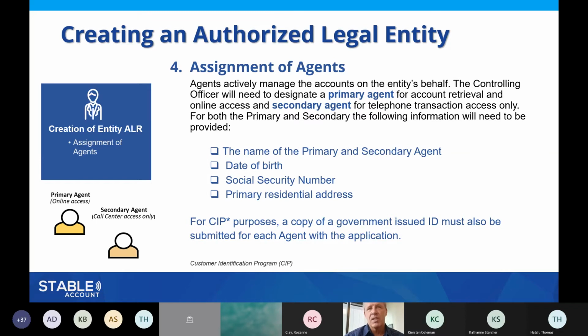When Someday originally put this concept together, even before we brought them on as our program administrator, their thought was that if a primary agent left a company, they didn't want to leave it totally devoid of anybody being able to do anything with the accounts. So you have a secondary agent who can do some limited things while we're replacing the primary agent. That's really the purpose of having the two in place.